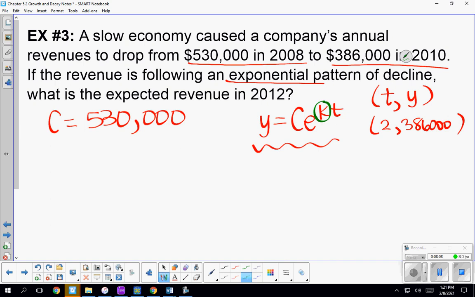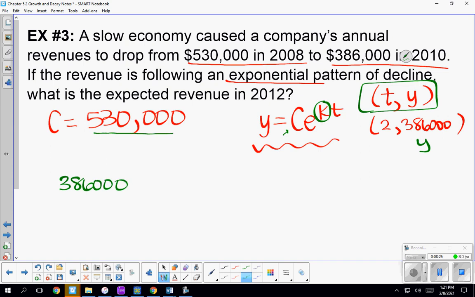K is the only thing in here that's not a variable. We need to find K. I lied, C is also not a variable, but we already know C. So we have to find K, because T and Y should be the only variables in this problem. So we're going to use the information that we have. Our Y value that we're going to use right now is